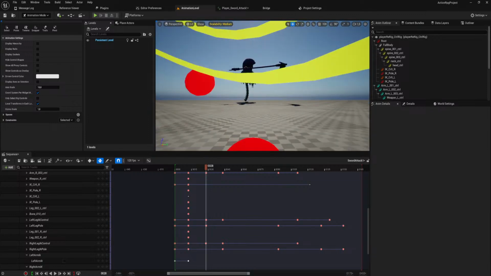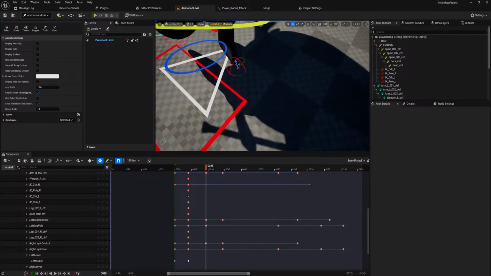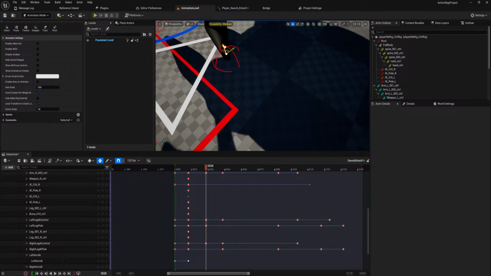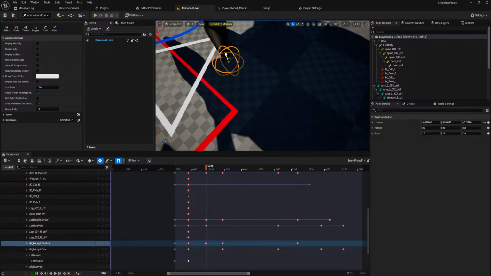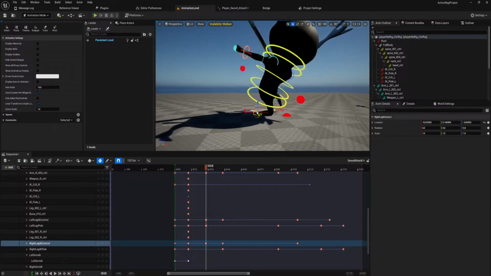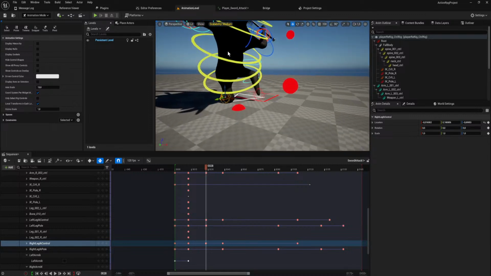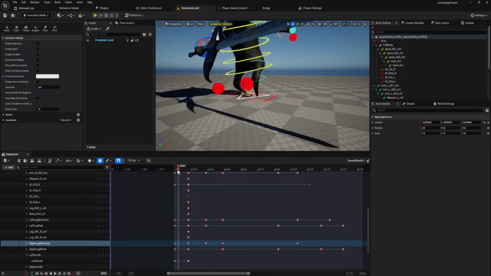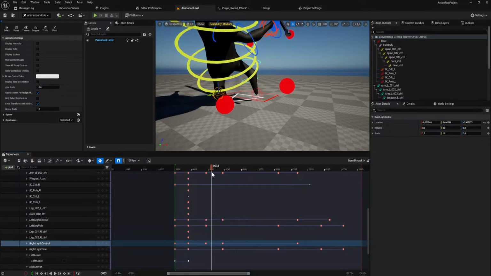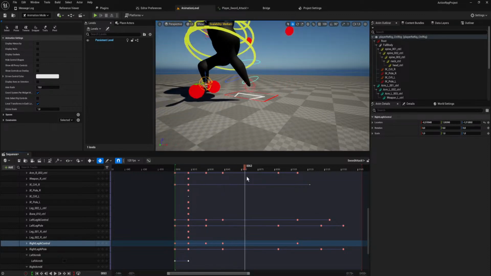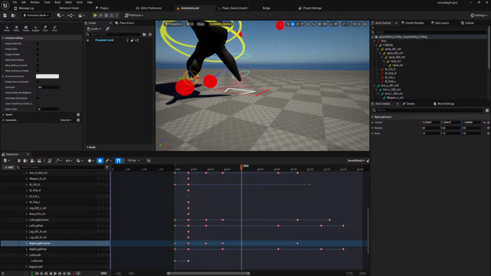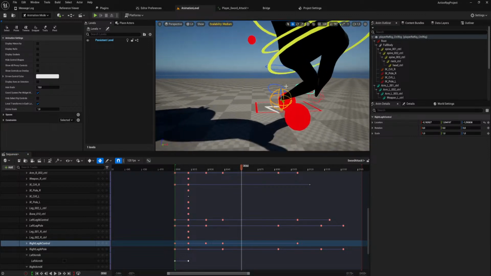Maybe we do want to animate a little bit. Not too much. I don't want to feel too much like he is sliding his feet, because that's already an issue. Also, that is definitely an issue.